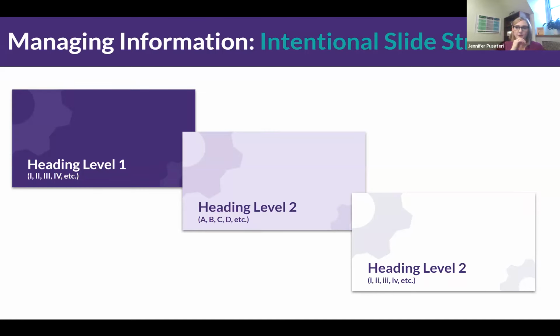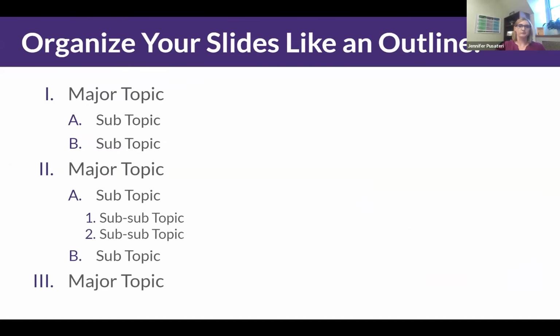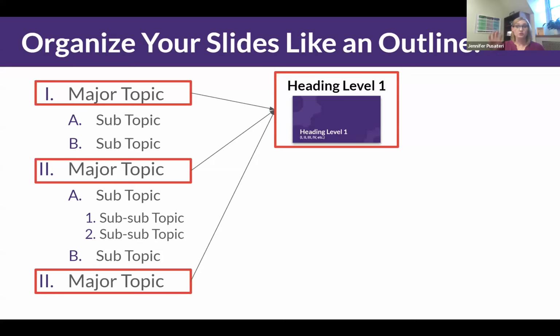So you can see the 3 different slides on the screen. For all of my heading level 1s, which if we were doing this in an outline format would be the Roman numeral 1, 2, Roman numeral 3, etc. And then I will use different actual visual slides, different colors, to show those different parts of an outline. So let me clarify. If this is the outline for the things I'm putting in my slide deck, everything that is a major topic I would use to start that off, heading level 1. So they're always going to have a dark purple slide.